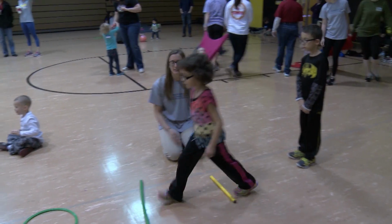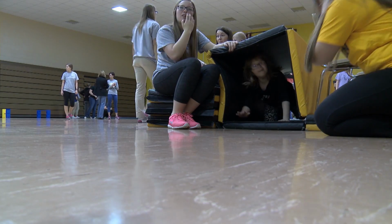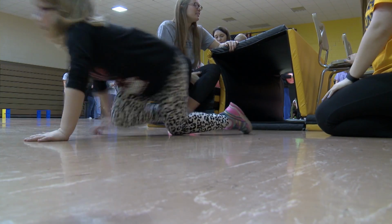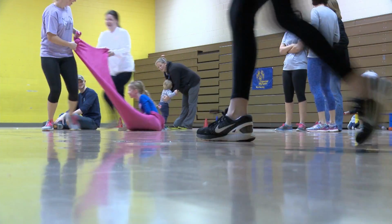You've got a station where you can kind of focus on balance. You're trying to stay on certain stepping stones. There's a little tunnel where they crawl. We've got this one where they'll sit on a blanket and we'll just kind of pull them around, and